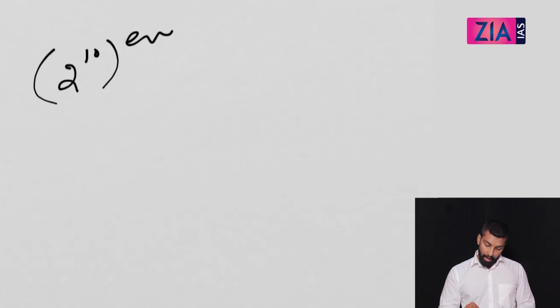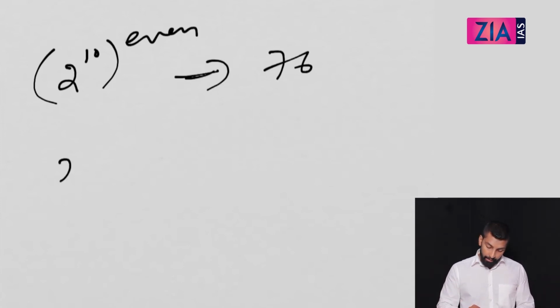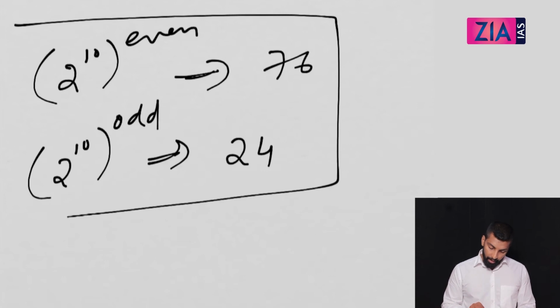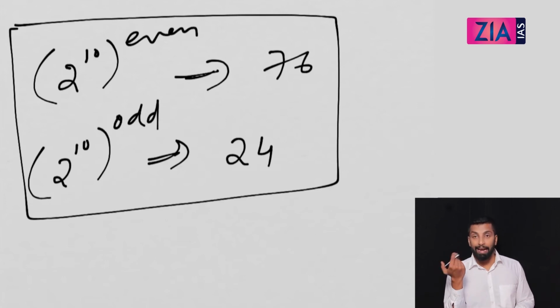Now 2 raised to n numbers are even more easier. Okay, it's like you just need to remember two numbers. 2 raised to 10 raised to any even number will give you last two digits 76. Okay, and 2 raised to 10 raised to any odd number will give you last two digits 24. So this is what you need to remember. In the previous case you don't want to remember anything. Here you can keep in mind these two values, so you'll get the answer faster. Okay, so you need to write it in this format.